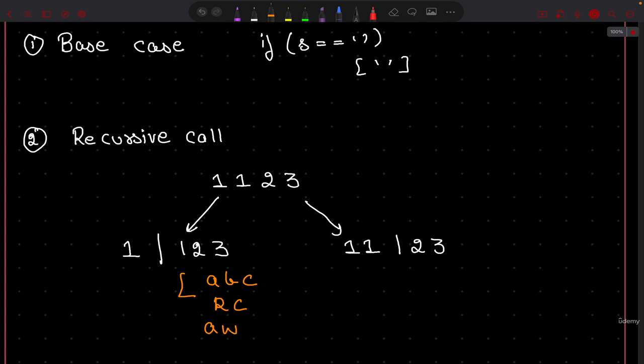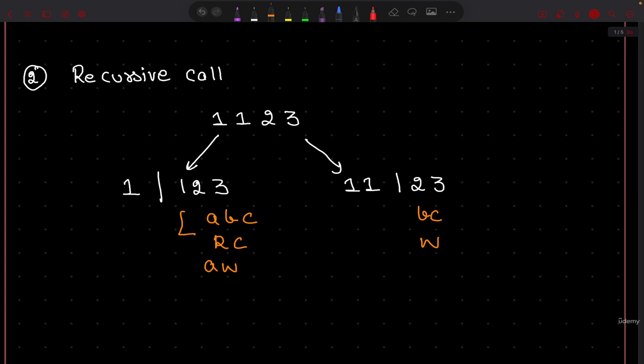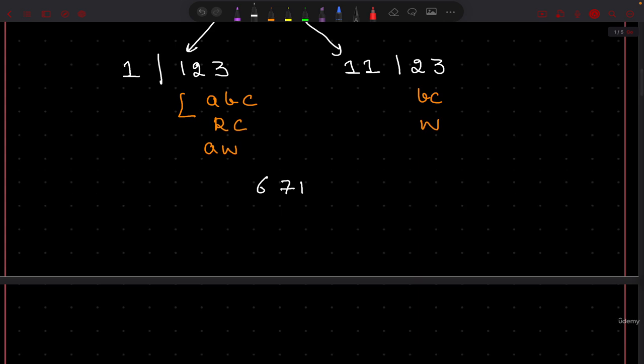I think these are the answers which recursion is going to give back to you. For 2 3 again, it will give you B and C and W. And now if you do your work properly, everything is going to be handled, right? So this is what's going to happen, but there is a little bit of a caveat. What if you have, let's say, 6 7 1 here, okay? Now you're going to still call for 6 and 71, that is fine, but you're not going to call for 67 and 1